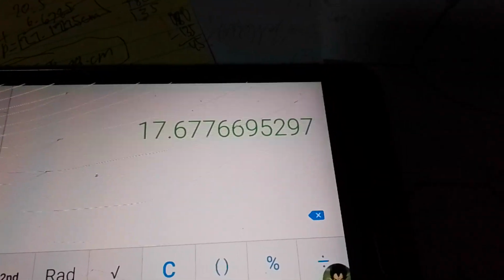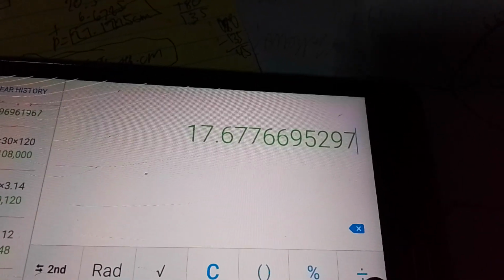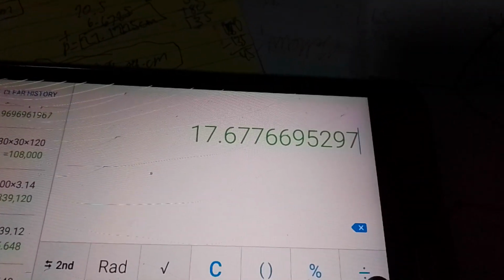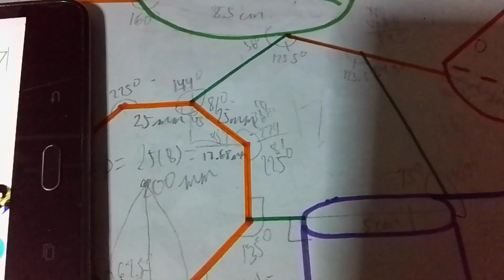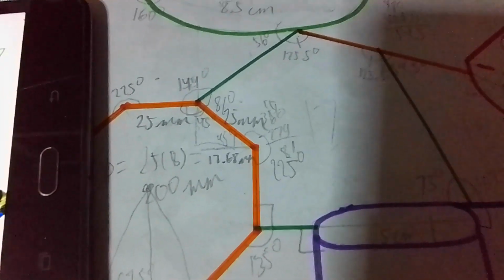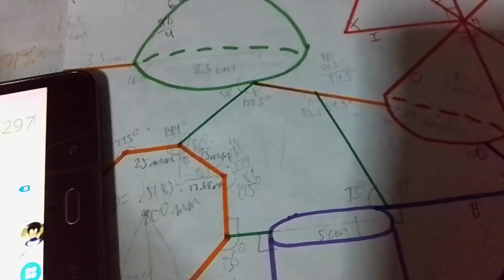If it's too much, and you want to have continuous accuracy, you can just leave it that way. But if you don't want so many decimals, and you want it super accurate, what you do is just say the square root of 312.5. So yun po. Okay? If I were to check using the ruler,